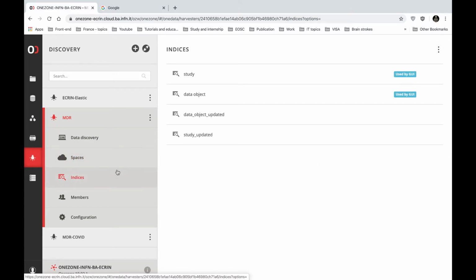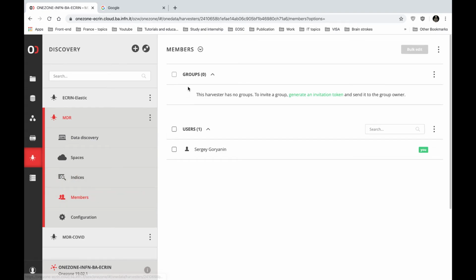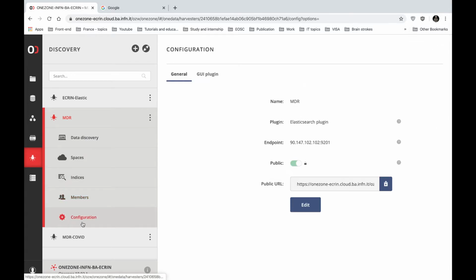By clicking on the Indices tab, I will see the list of indices which can be used by the graphical user interface, by Elasticsearch, and by the harvester, for sure. Here I will see the list of the members which have access to the harvester, and the most important tab is the configuration tab with the general information about the harvester, like name, attached plugin, endpoint. The tab, is it publicly available or not, and if yes, there is a link, there is a URI